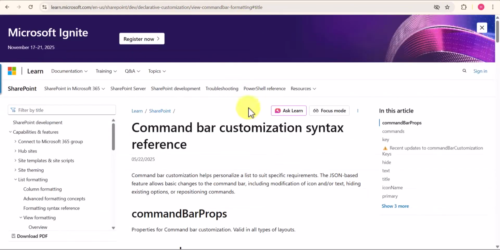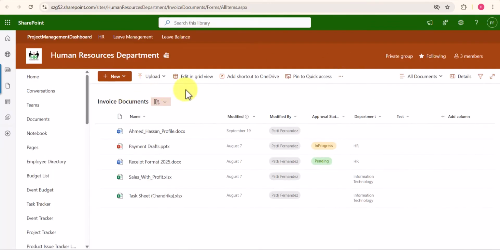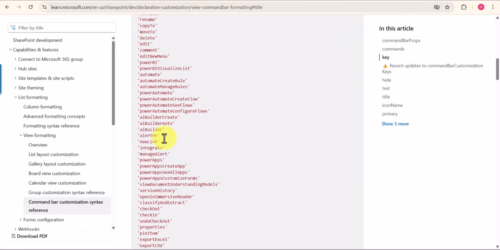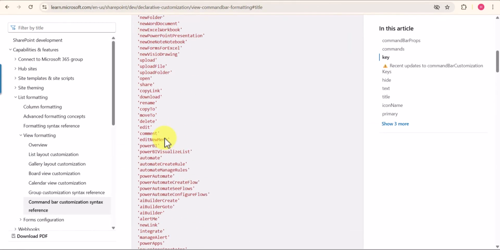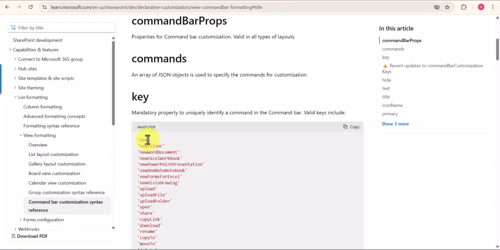there is an official website, the command bar customization syntax reference, that they have given. For accessing these buttons we need the key. So here they have mentioned all the keys for all the buttons present in this command bar. For example, here you can see new is there, right? To access that button, if we provide new within small single quotations, this will access that